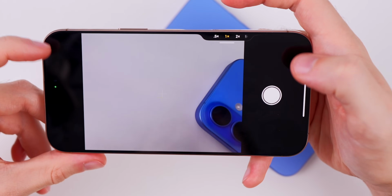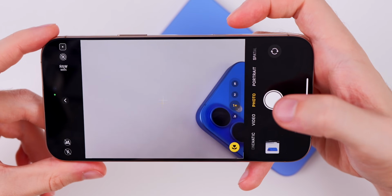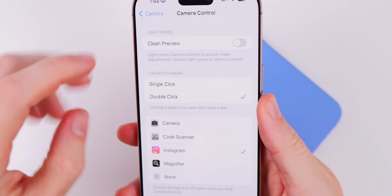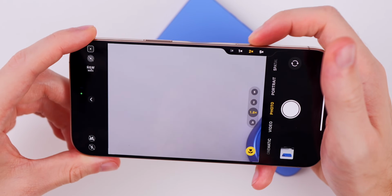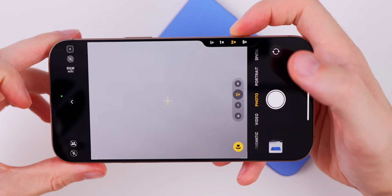You don't see anything up here and you don't see anything down here at the bottom. You notice that? How it just came back? Well, if you want that to stay there, you might want to turn clean preview off. So now when we go back and do the same thing, you can see that our whole camera UI remains